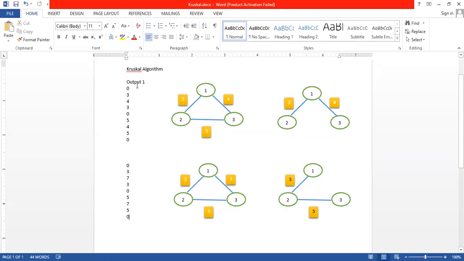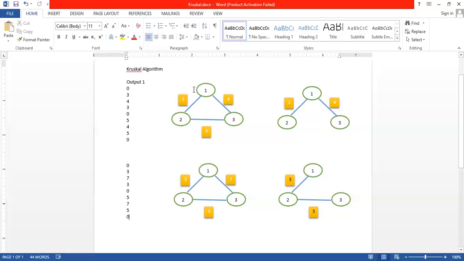In this video, the Kruskal algorithm is used to find the minimum spanning tree. And do you know what a minimum spanning tree is? In a minimum spanning tree, all the vertices should be connected and the extra edges should be removed. While removing the extra edges, you should keep in mind that the edges with maximum cost are removed. And the total number of edges is equal to the total number of vertices minus 1.